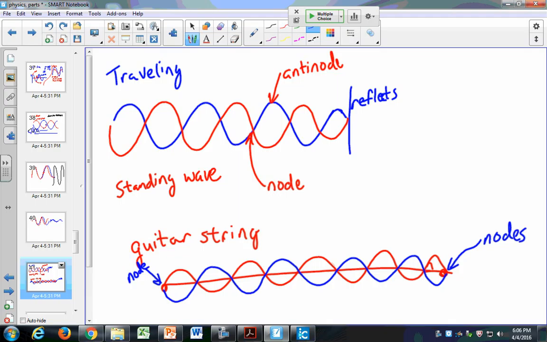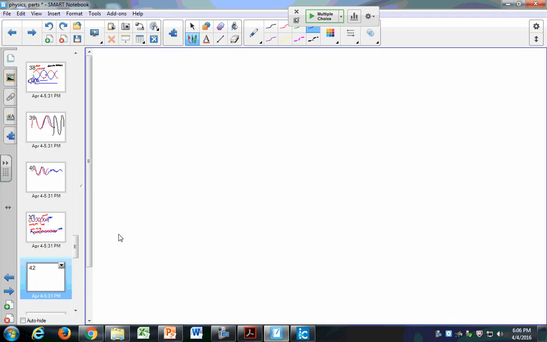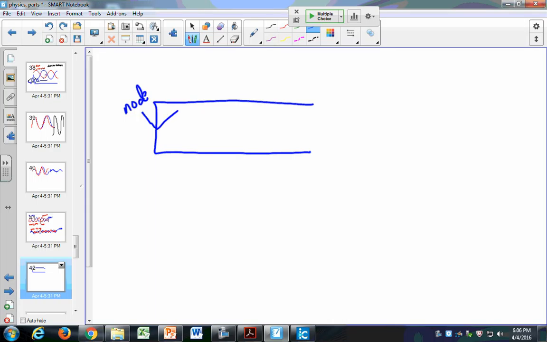However, you can also have, and we'll see this in a little bit with resonance, you can't have this with a guitar string, but you can have it with a musical instrument where you have one end that's closed and one end that's open. And in this case, you're going to have a node here, and then at the other end, you'll have an antinode. So you have a node at the closed end. It's like the wave gets stuck there. When it hits this end surface, you can think of it kind of like the guitar string, that it can't oscillate back and forth at this end. But down here, it's like it's free to oscillate back and forth. If that helps you think about it.